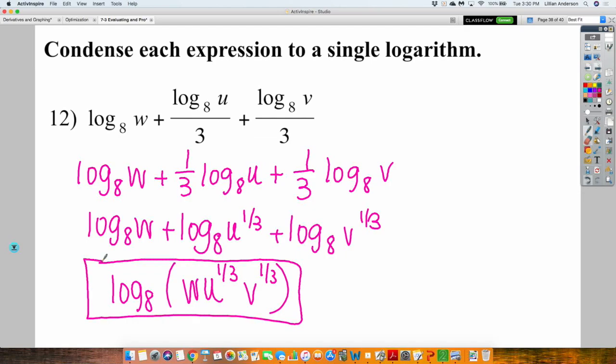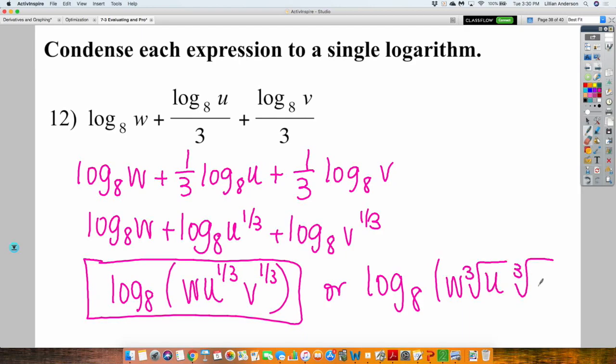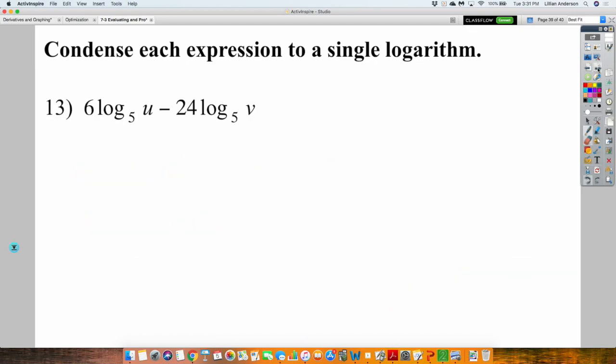And that's it. No more numbers in front of your logs. No more addition. No more subtraction. This could also be written as log base 8 of w cube root of u cube root of v. And that would be acceptable. And actually, I wouldn't even have to separate them like that. I could actually, let me fix this. Just make it like this. Okay? And that is how you condense